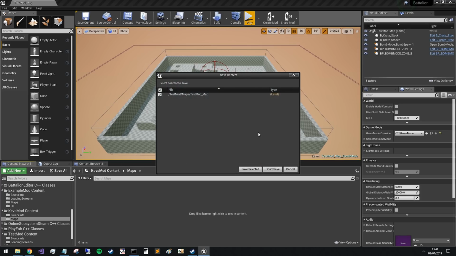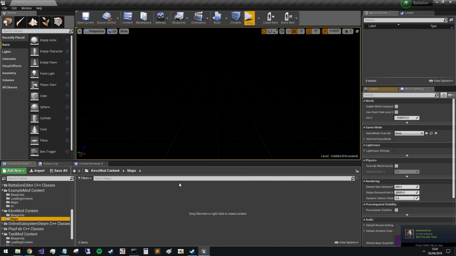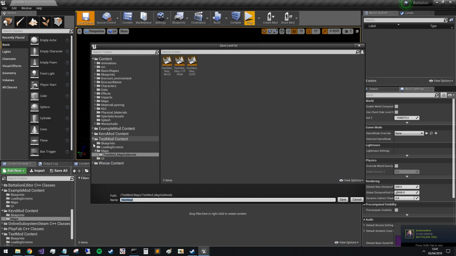Is that right? Is that what we want to do? Yeah. Okay. And we'll go Save Selected, and then we'll go Save Current, and then in our Kev's mod, go to Maps, and I'll just call it